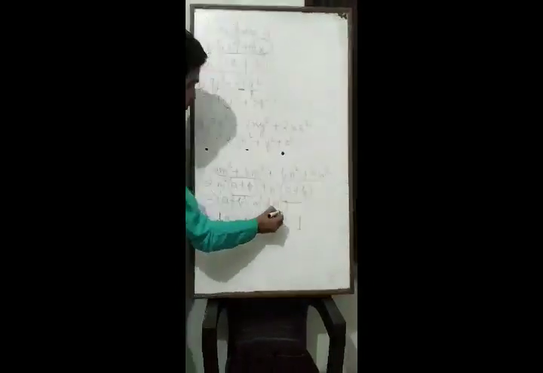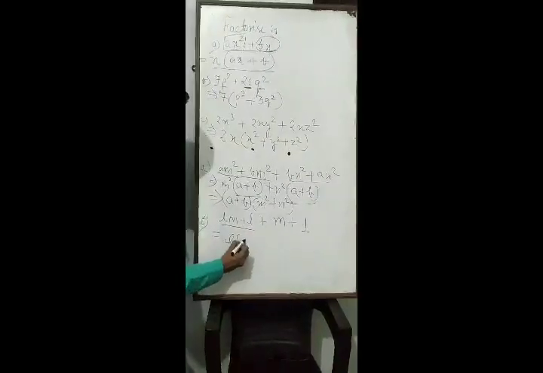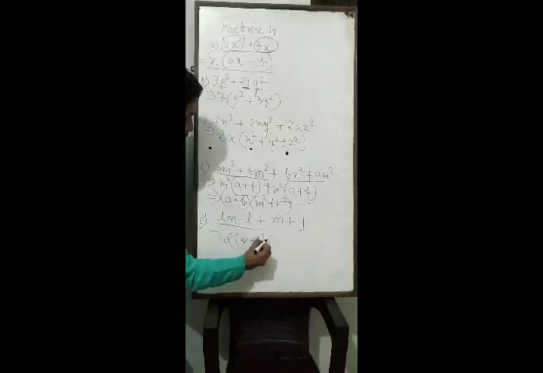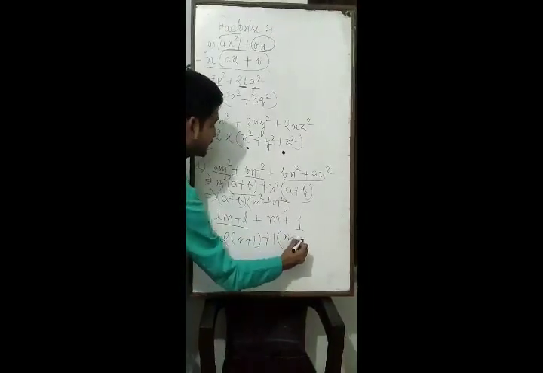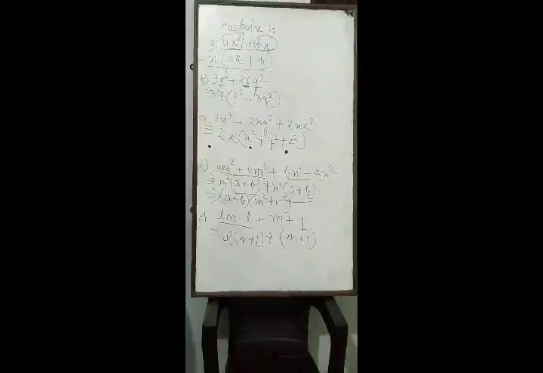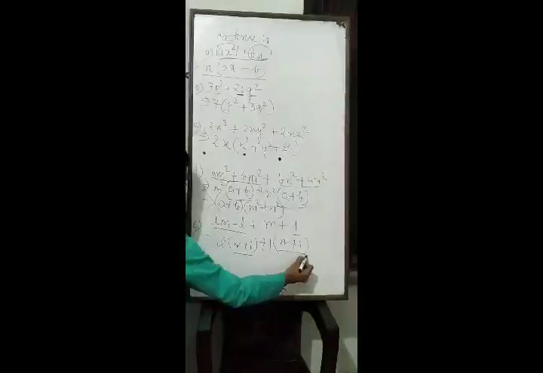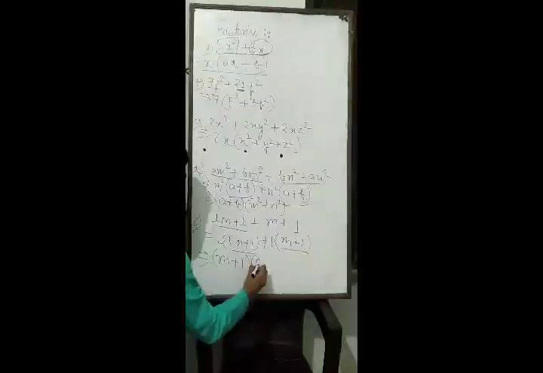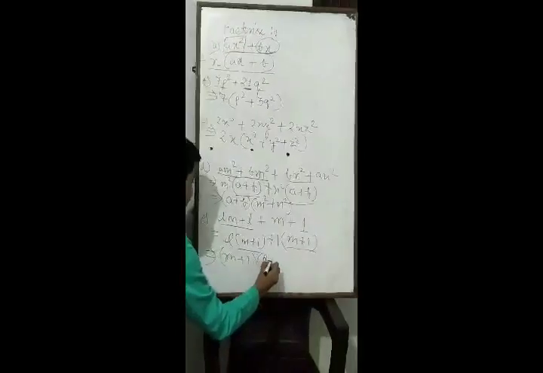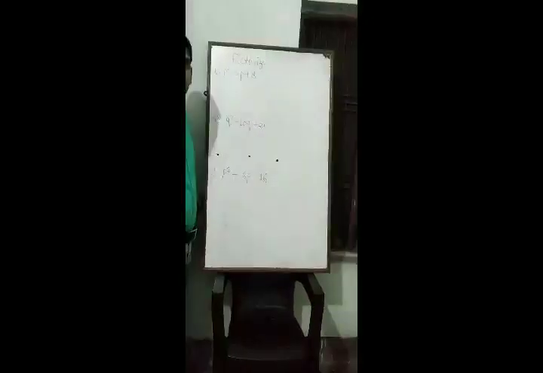Similarly, let's see the next question. In this question, starting two terms l will be common. So m plus 1 will be remaining, and last two terms 1 will be common. That means m plus 1 also will be remaining. So students, you can see here what will be common? m plus 1. So the answer of this question is m plus 1 in one bracket and in second bracket l plus 1. So students, try to solve rest of the part of question number 3.